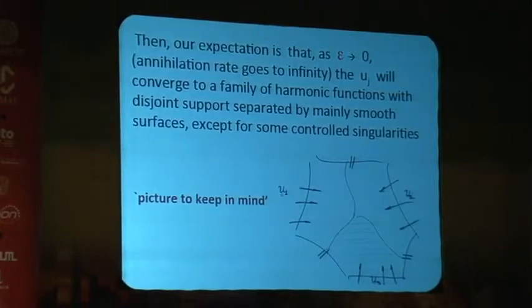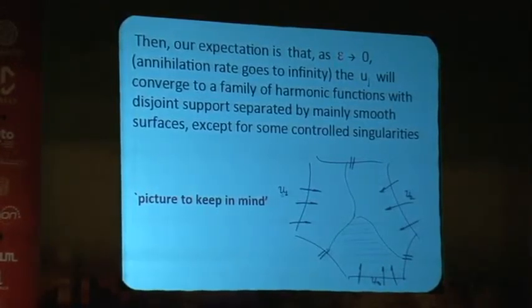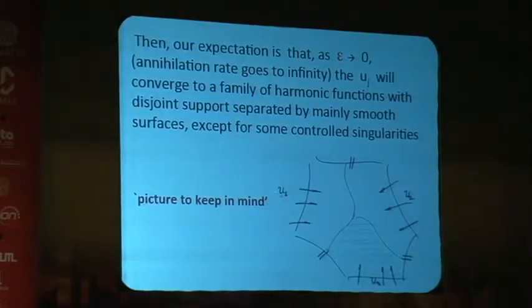The following picture will probably be the simplest non-trivial configuration. Suppose we have 3 different species, U1, U2, and U3 in this domain. Let's say that U1 in this region is identically 1 and the others are 0, so the particles U1 are being injected into the region. The same with U2, here on the right, but no U1 and U3, and the same here. So U1 is coming in, U2 is coming in, U3 is coming in, and they hit each